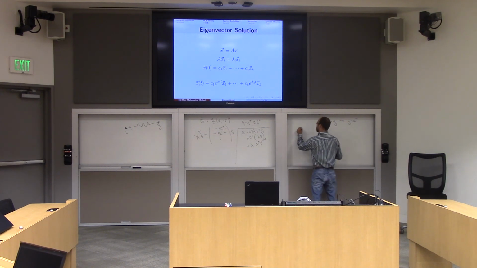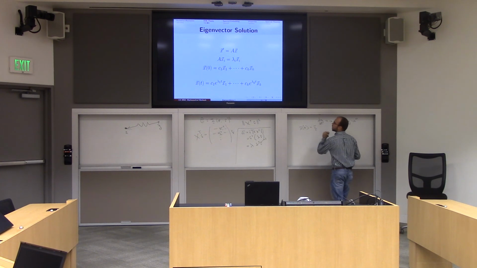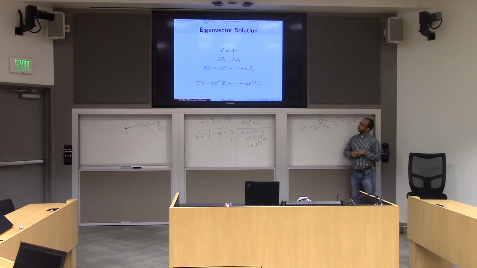So we have x of t, and I'm going to write this as the sum over i of c_i e to the lambda_i t times the vector x sub i in this case. Okay? You agree that this and that are the same? This is a function of t because of this guy, right? Well, first of all, does it satisfy our initial conditions, x of 0? Well, if I put e to the 0 here, what do I get? Well, I just get the sum of c_i x_i, which is exactly what I wanted. Yeah? And now if I differentiate